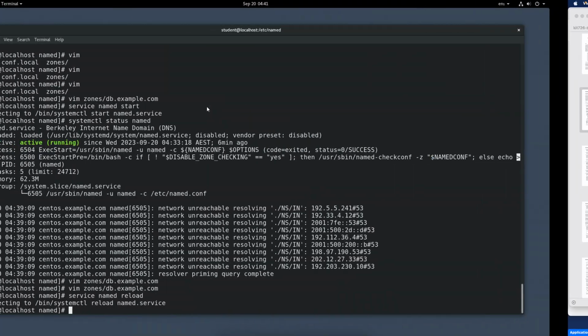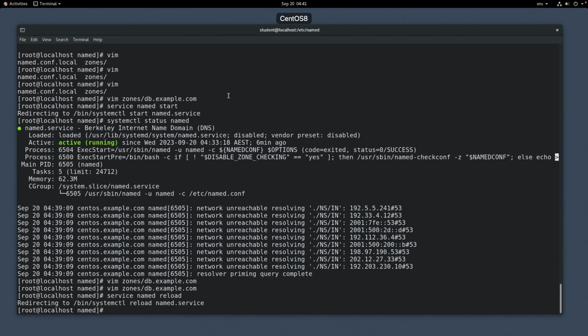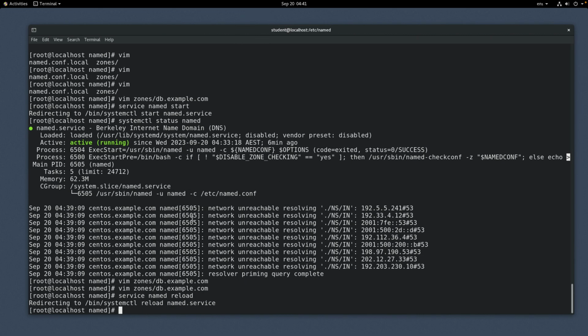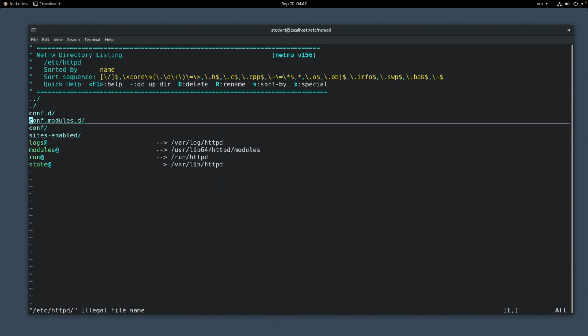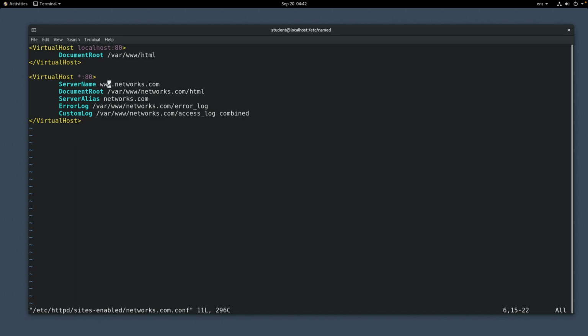So the other thing is, remember we have this networks.com on CentOS we can use. This is from tutorial 11.9. It's actually in the Apache, so it's /etc/httpd. Here in sites-enabled, we have this networks.com, but we actually want to use our CentOS address now, our new DNS server address. So we can use CentOS dot, what's our thing, example, right? I always forget this. So CentOS dot example.com,